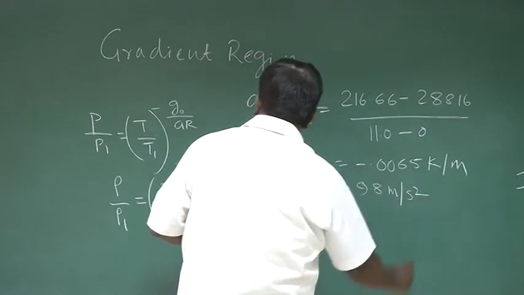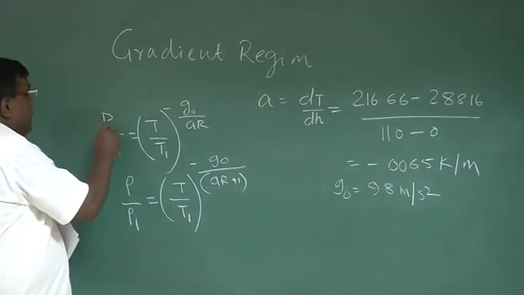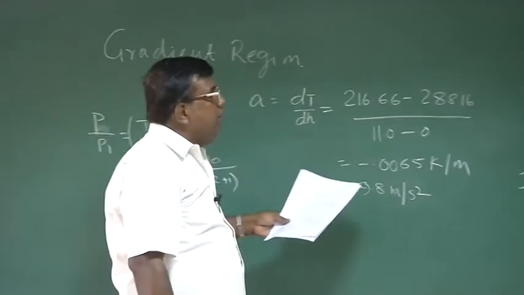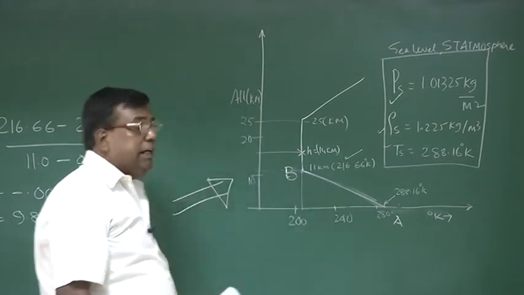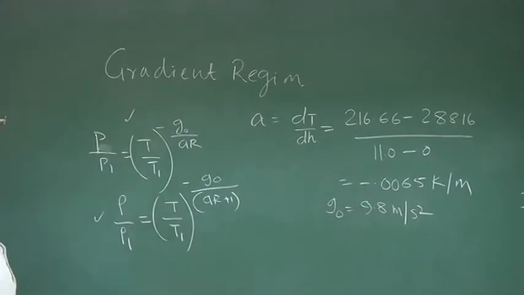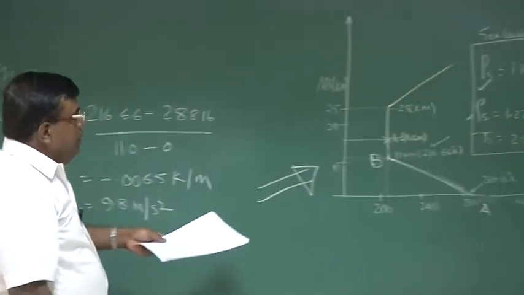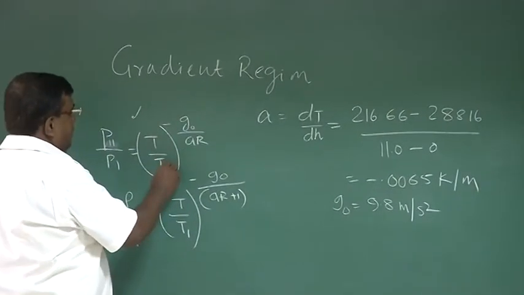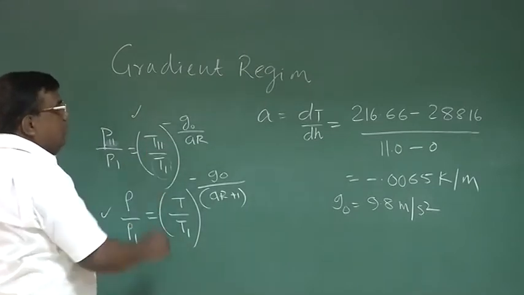So that is 9.8 meter per second square. Now, what should I plug in? I want to find pressure at 14 kilometer, but we are now first finding pressure up to B, 11 kilometer, because up to B it follows the gradient law. That is, up to B these relationships are available and valid. So first I find P11 by P1. What is P1? P1 is the standard atmosphere here, which I know. T and T1: T1 is the standard atmosphere, and T is T at 11 kilometer, which I also know as